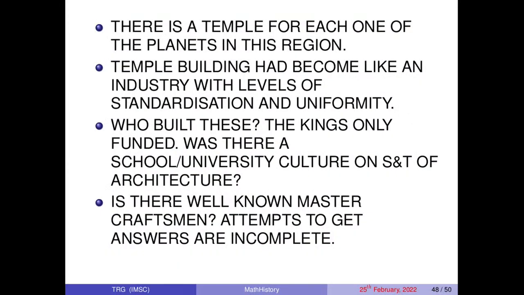And you can ask the question, who built this? The kings only funded. Okay, kings only funded. They gave the money. There is no doubt. Was there a school, university culture on science and technology, of architecture, which is related by all these subjects which